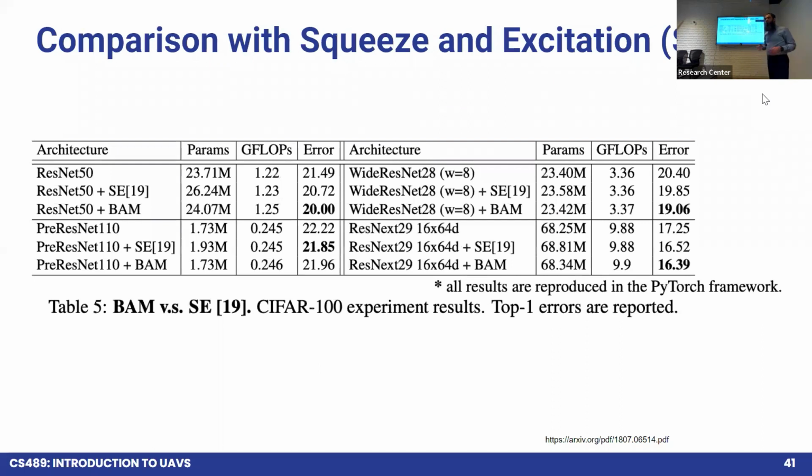Comparison with SqueezeNet: they compared because at that time it was state of the art. And of course, the difference between SqueezeNet and BAM is that BAM introduces spatial attention in addition. And you can see the comparison: this is ResNet, this is with SENet, and this is with BAM. So there is also a consistent improvement on CIFAR-10 image classification. And if we see the comparison, SENet here consumes more parameters as compared to the